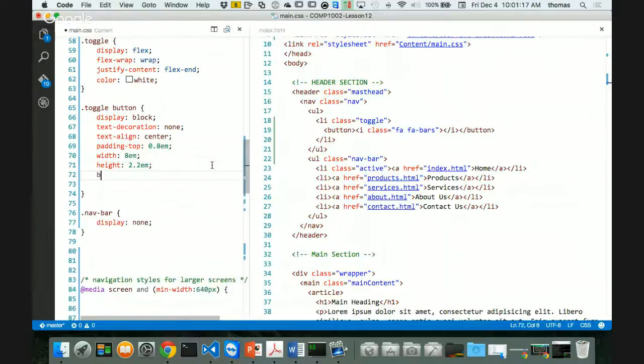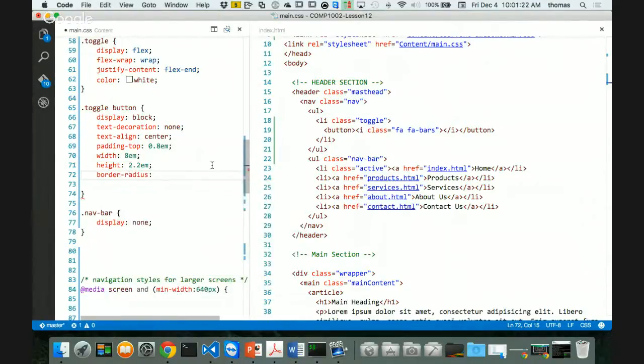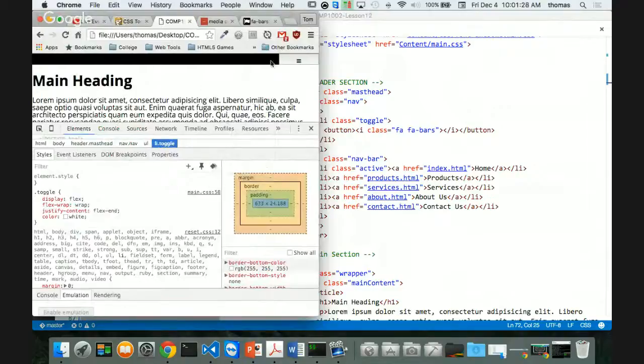Let's try that out. Border-radius for my button. I'm going to make it 5 or 10 pixels. Let's see what that button looks like now. I'm going to see if it's more rounded. There it is. I can make a rounded button. Got a bit of a problem though,